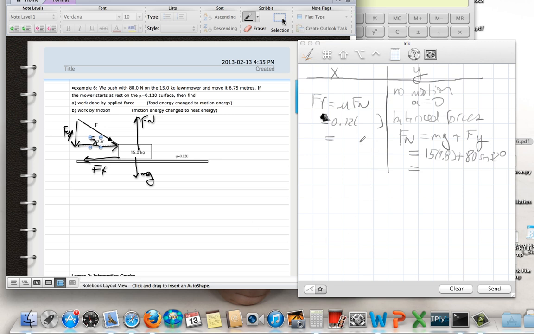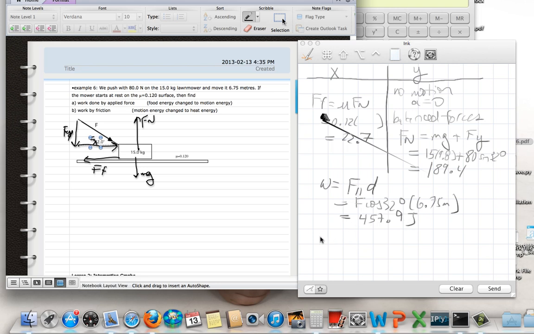Okay, so your normal force should work out to be 189.4 newtons, and your friction should be 22.7 newtons. So when you go to find the work done by the applied force, remember that it's the force component parallel to motion. So the one that does work is actually the x component. It's F cos 32 times the distance, which is given as 6.75 meters. So that should work out, if you use the correct x component of force, to be 457.9 joules of work